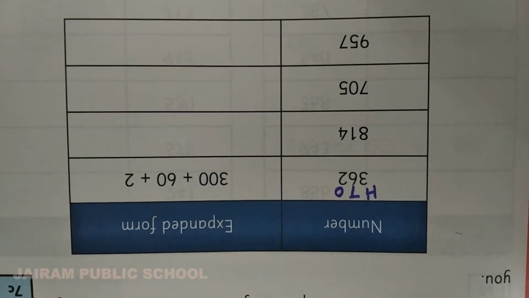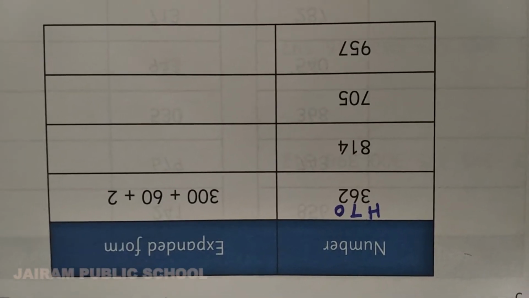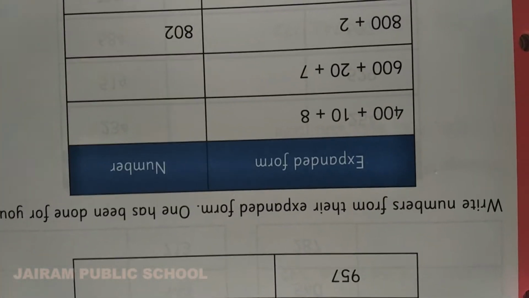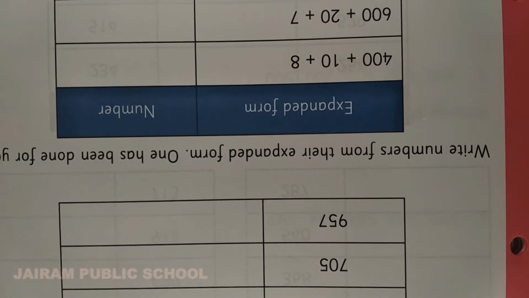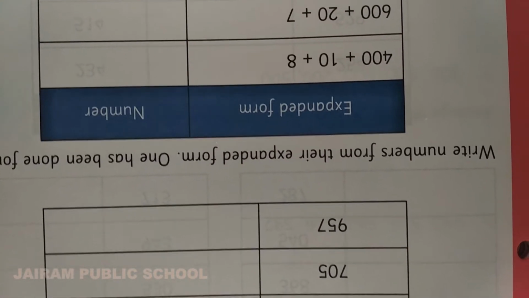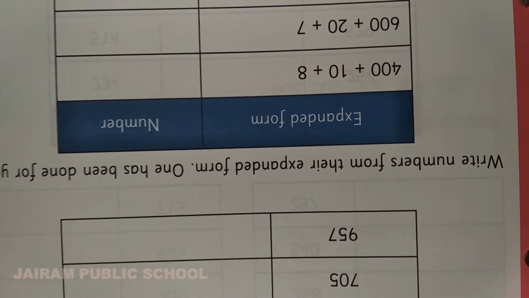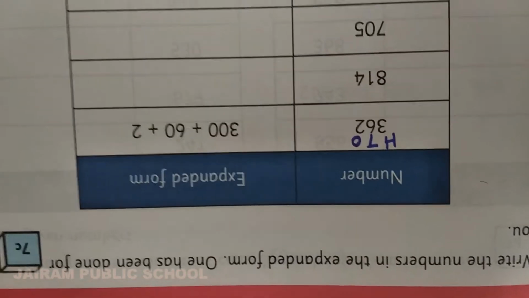Like that you want to do the expanded form for these numbers. And see here, here they have given the expanded form and you want to write the number. So you have to complete this homework. We have already learned this in volume 1, numbers up to 100. In that topic we have learned. So I hope everyone will complete it easily. Complete this homework and upload it in the Kensilab.